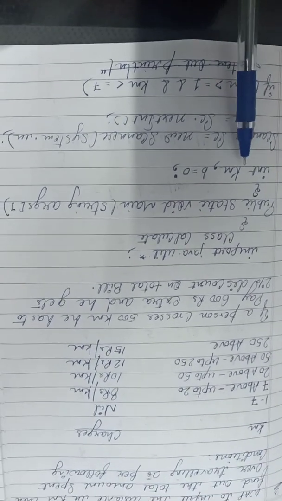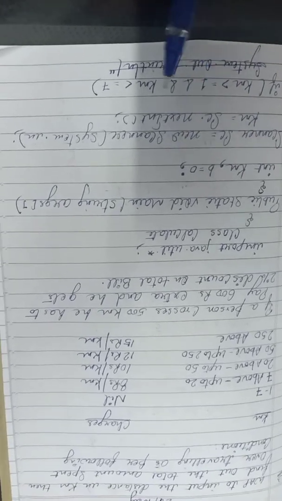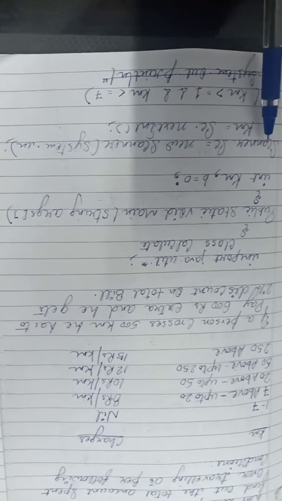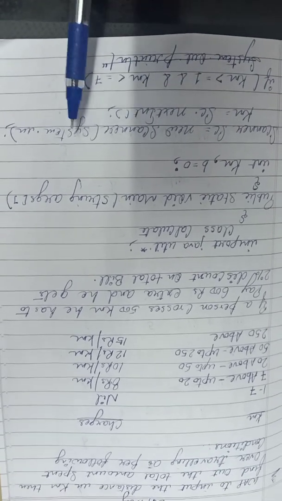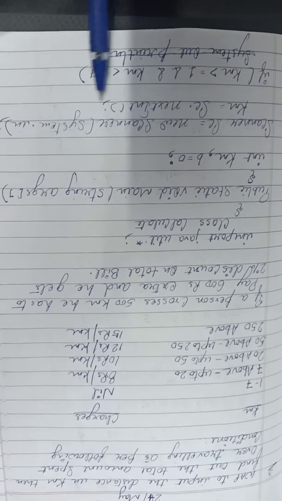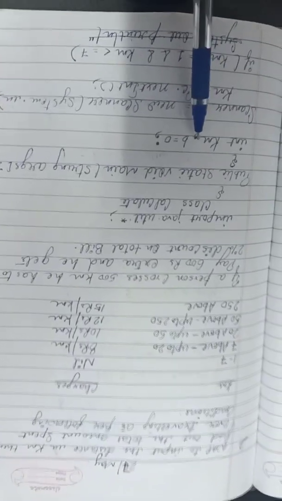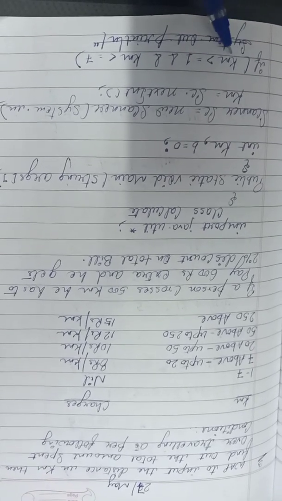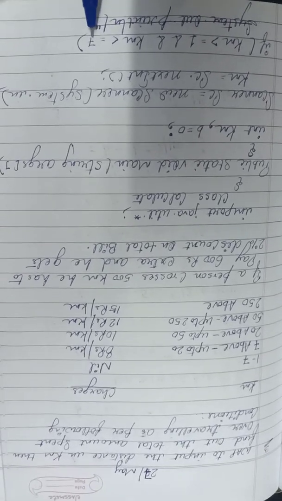Integer kilometer I have taken, and bill is equal to 0 I have initialized. Now I will use the Scanner class just for taking the input of kilometer. Scanner sc = new Scanner(System.in); kilometer = sc.nextInt(). With these two statements, your kilometer will get inputted. Now I will put the condition: if kilometer is greater than or equal to 1 and kilometer is less than or equal to 7,